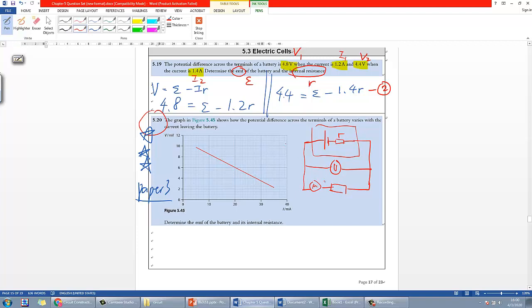Yeah, and then this is how you set up the circuit right here. And so what you have is a graph of these, and it may look quite strange because normally you find the graph looks more like this for V and I, so that you get a positive line. But then how to interpret this is, if you try to understand from the equation, which is V equals epsilon minus IR,